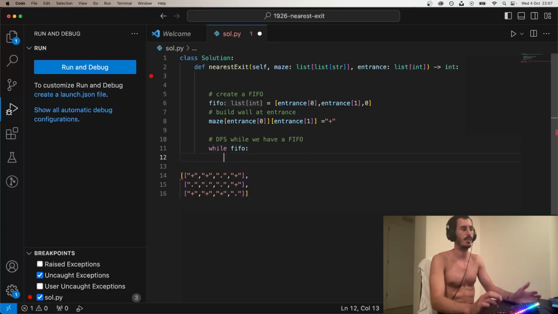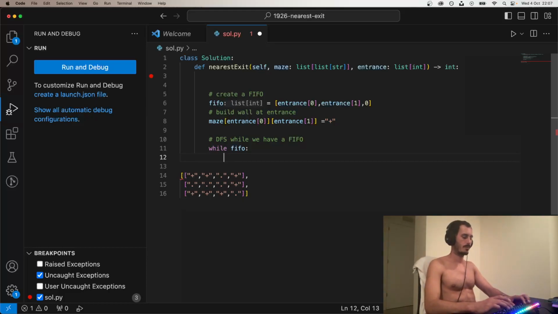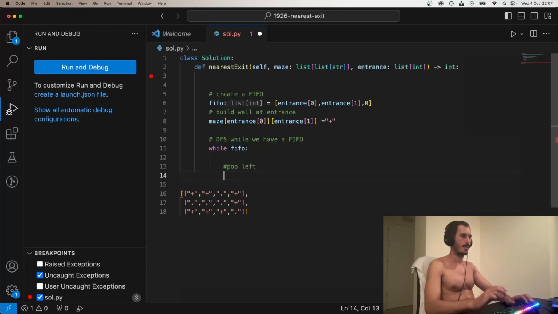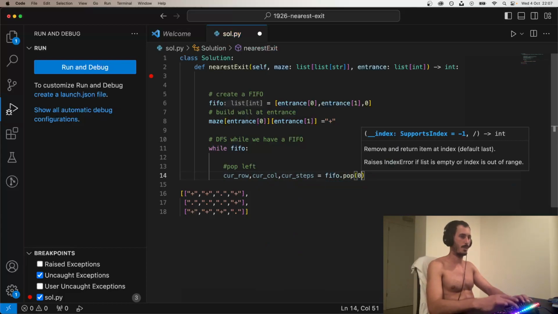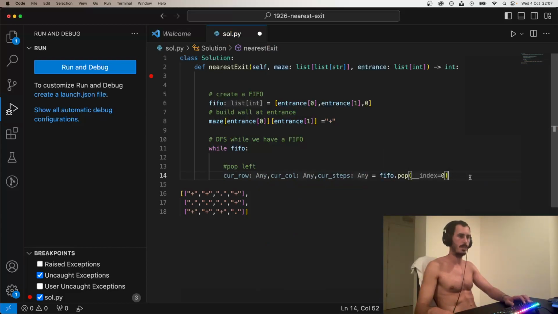While we have stuff there, let's do, hey, pop left. So current row, current column, and current steps equals FIFO.pop 0, which is pop the first element. And now, this is the important part to make it a